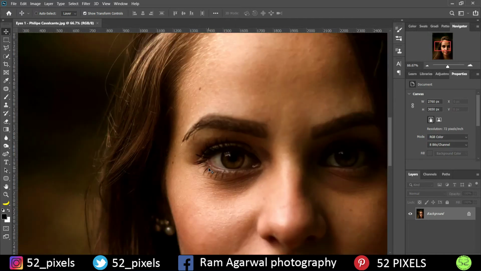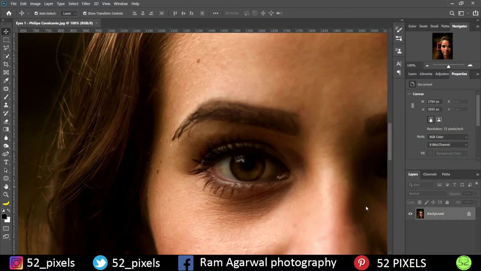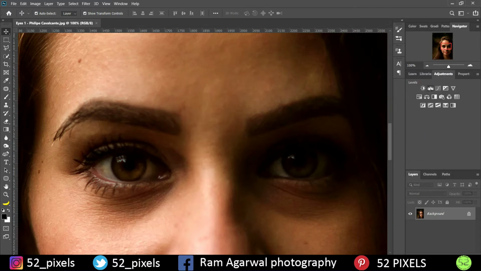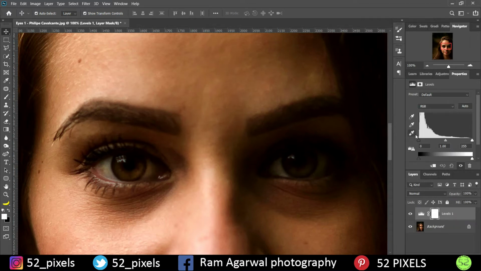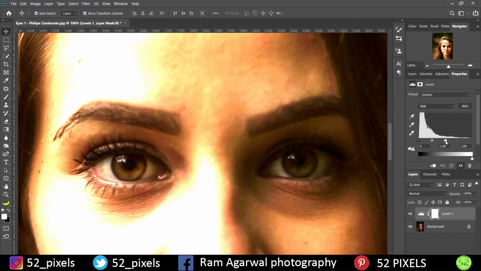So as you can see in this particular image, the eyes look pretty normal, and they look sharp, and they look bright, but I just want to enhance the overall eye. So for that, we are going to start with an adjustment layer. Under adjustment layers, we have something called levels, which we have already seen. So just go to levels, and we are going to increase the brightness of the eyes because this eye is a little dark, and the same with this one. I just want the eyes to be a little brighter. So I'll increase the brightness to somewhat like this.